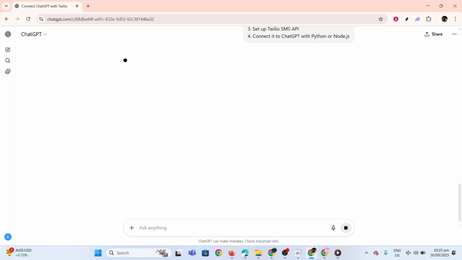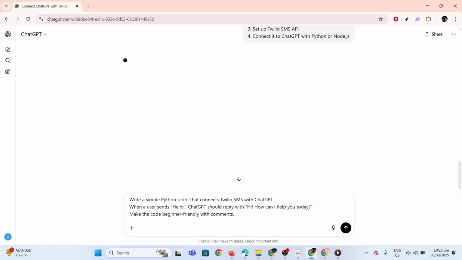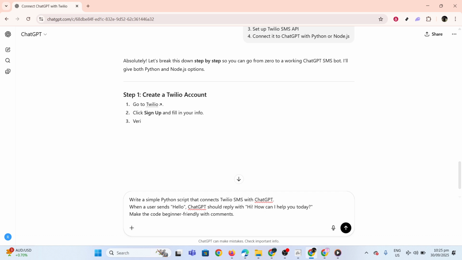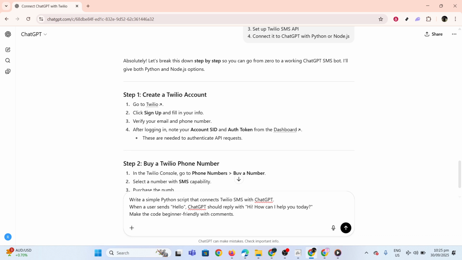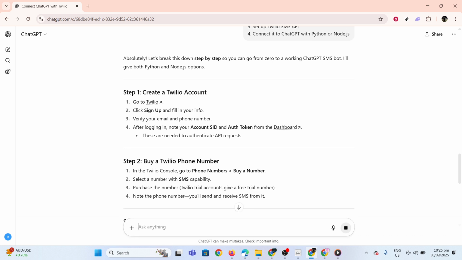Now, you'll want to move on to generating a sample code. For instance, you might ask ChatGPT to craft a simple Python script that effectively connects Twilio SMS with ChatGPT. Imagine a scenario where, when someone sends the message, "Hello," ChatGPT responds with, "Hi, how can I help you today?" Ensure the script is easy to understand, even if you're new to coding, by including comments that explain each step